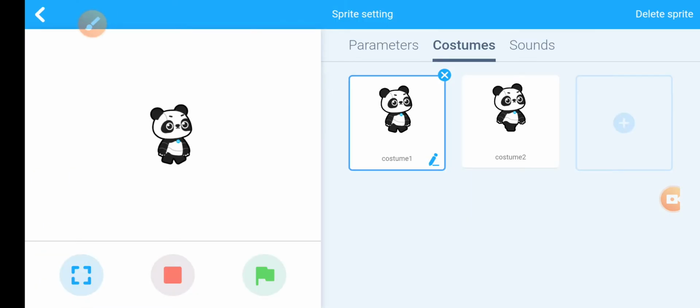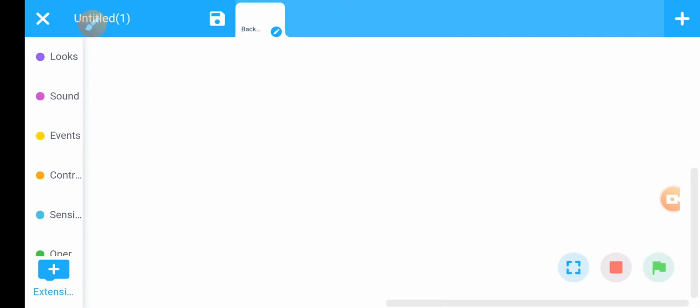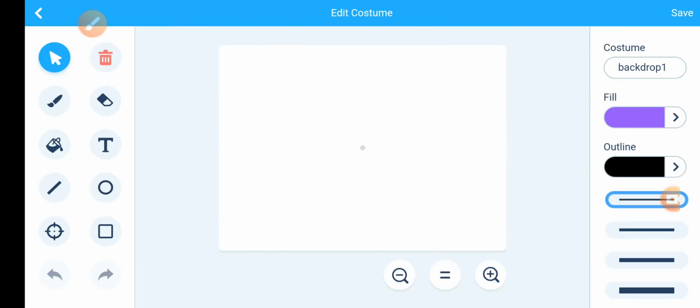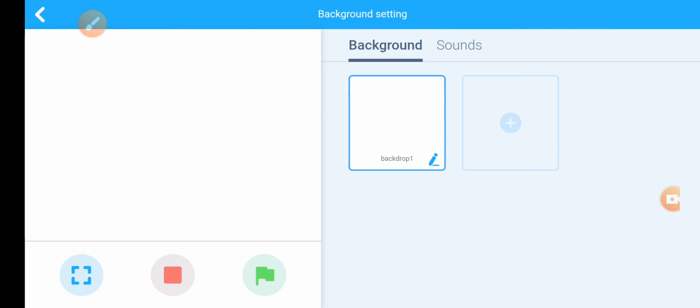Delete that panda sprite. Click on the background button. Delete that background. Sorry, first you have to add. Click on the plus sign.